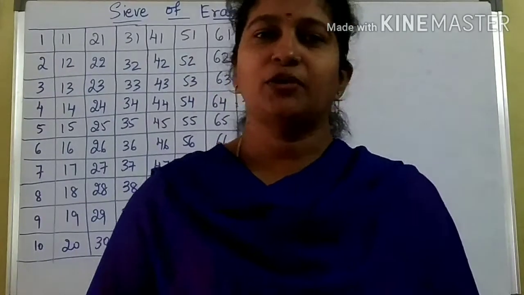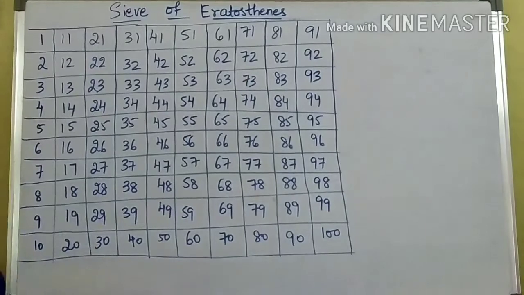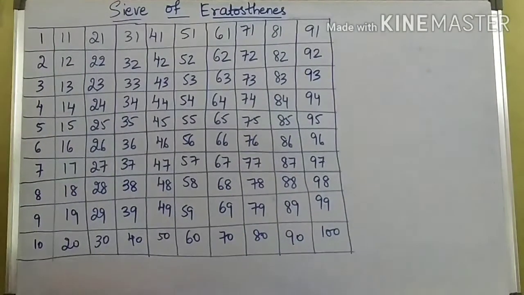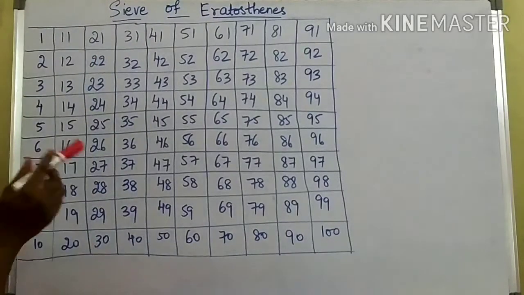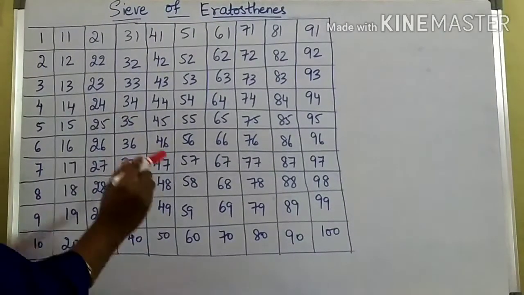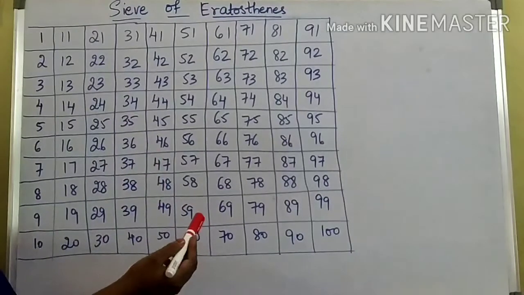In this video, I am going to explain the sieve of Eratosthenes method to find the prime numbers between 1 and 100. In mathematics, the sieve of Eratosthenes is an ancient algorithm for finding all prime numbers up to any given limit. Without actually checking the factors of a number,